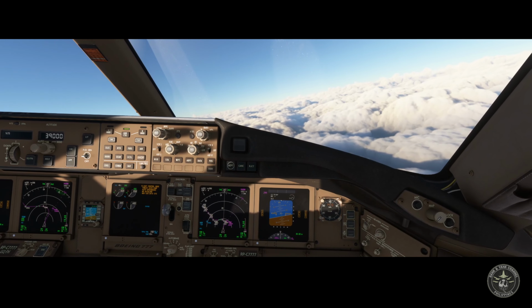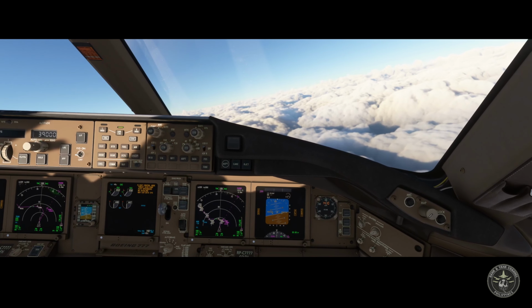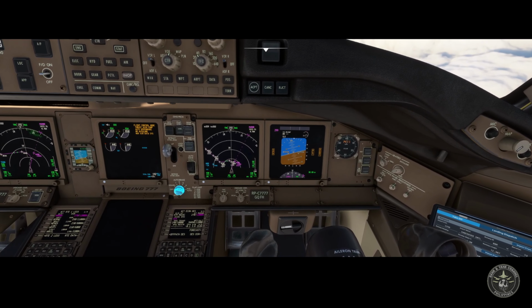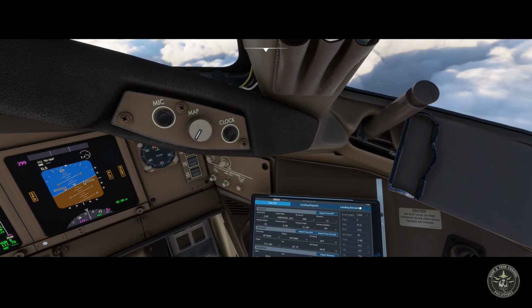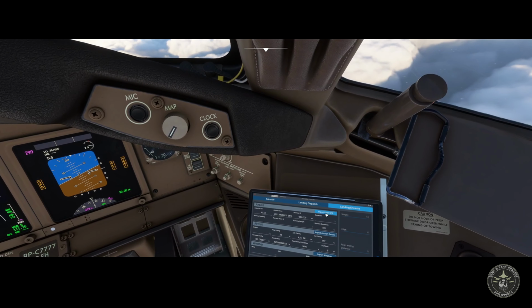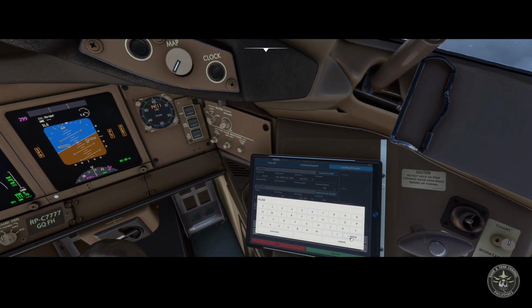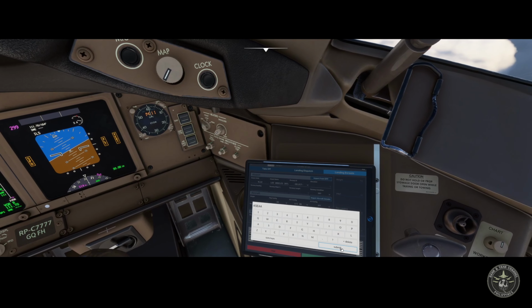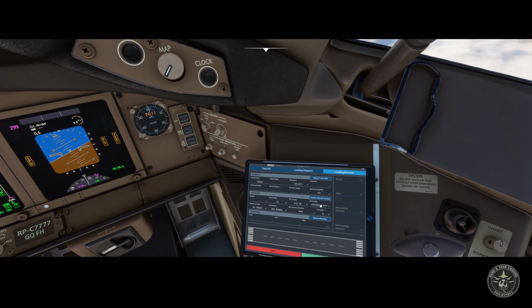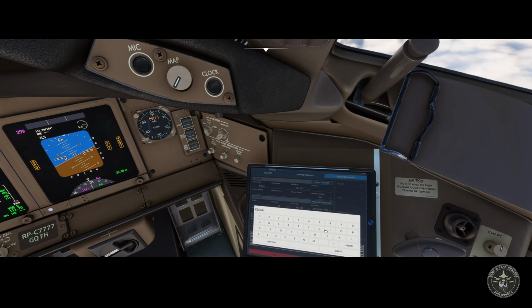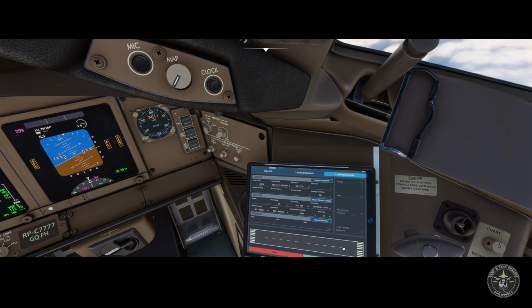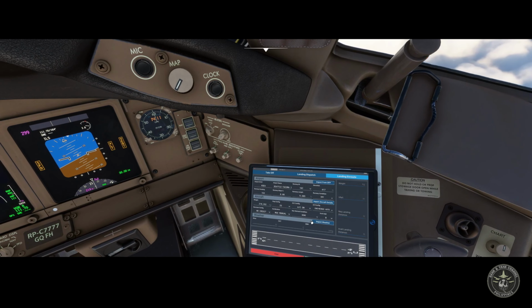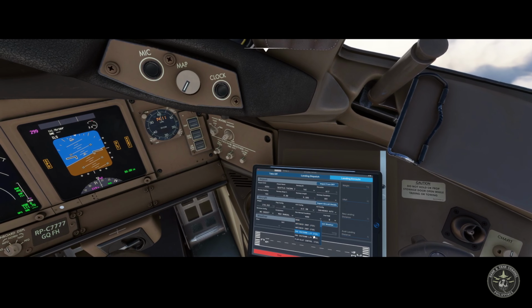Okay, let's fly the plane first. Now let's compute for our arrival. Seattle 16 Center. Aircraft details, non-normal condition.